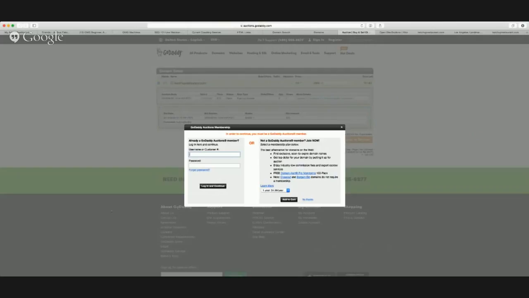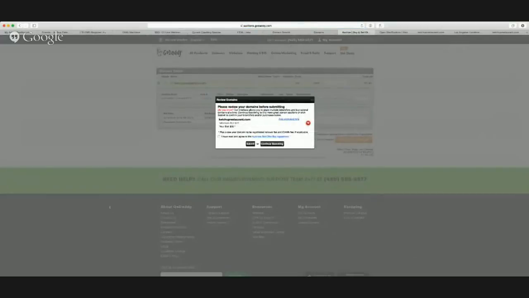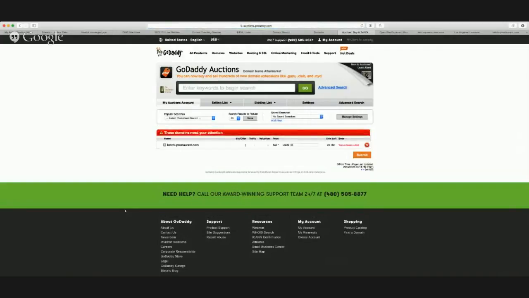Continue to review. Let's go ahead and log in here real quick. It just says I verify that I'm submitting this. Okay, so I've been outbid. Somebody else found this and placed a higher bid on it already. If I want to bid higher, I can, and this price will creep up.